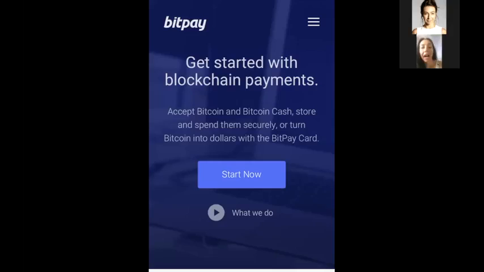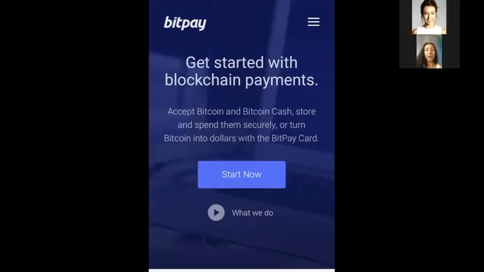So I'm going to walk you through the process click by click. We're going to get the BitPay wallet, you're going to sign up for an account, and we are going to get you going so that you can generate financial sustainability and make a bigger difference. I am using my iPhone right now, and we are going to be able to get you guys your BitPay